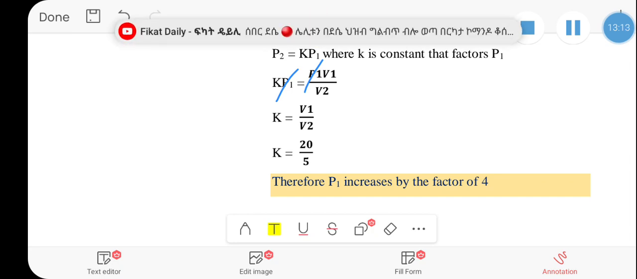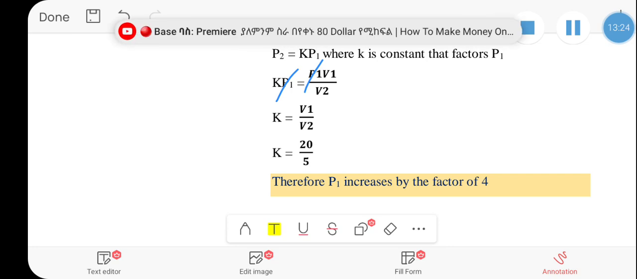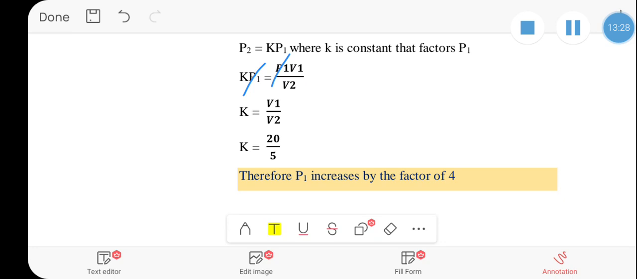K which is equal to 20 over 5 ይሆናል። So the P1 increase by the factor of 4 እንላለን ማለት ነው። ይሄ ማለት የ20 ሲካፈል ለ5 4 ስለሚሆን by the factor of 4 እንላለን ማለት ነው። ስለዚህ P1 by the factor of 4 ነው ያደገው ማለት ነው።